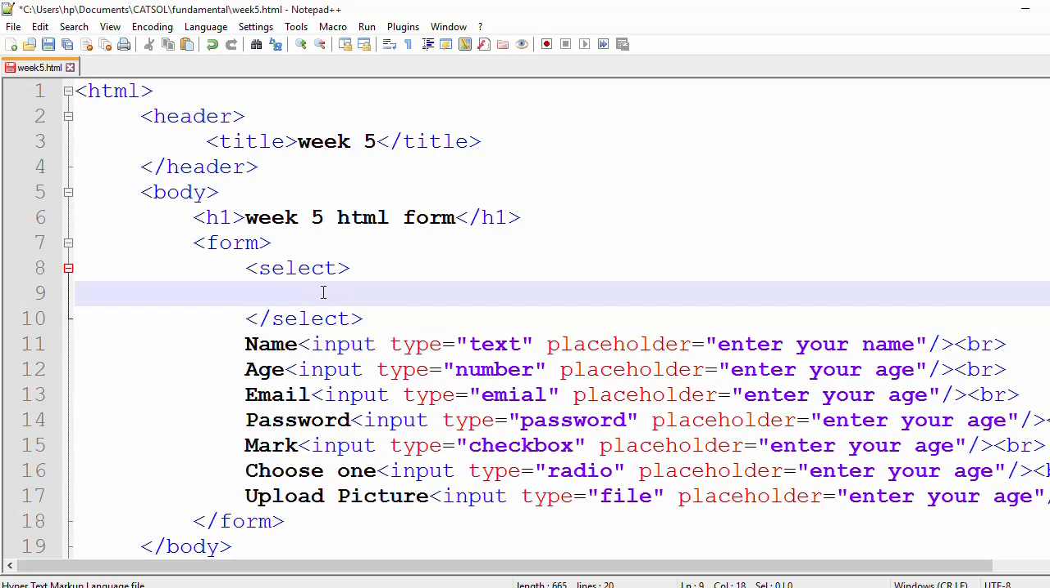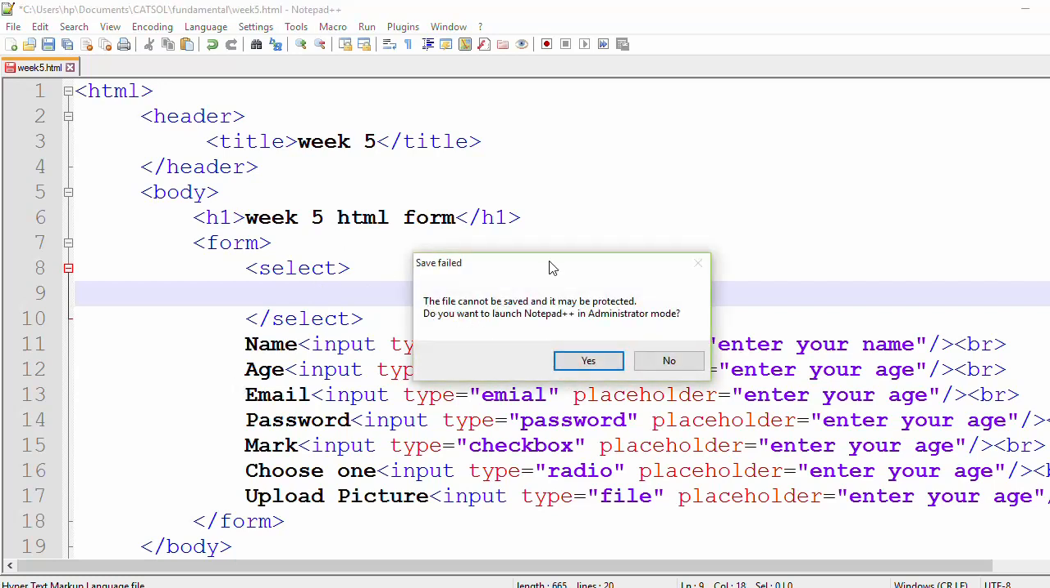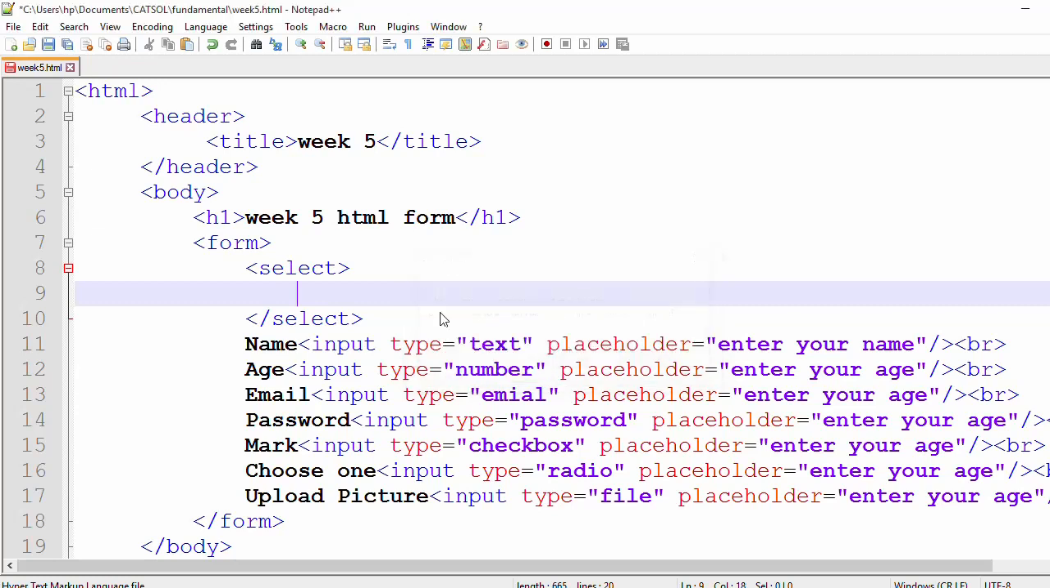If you now save this one like this, the file cannot be saved, it may protect me. Do you want to launch the Cosmos administrator? Yes. Okay. So now